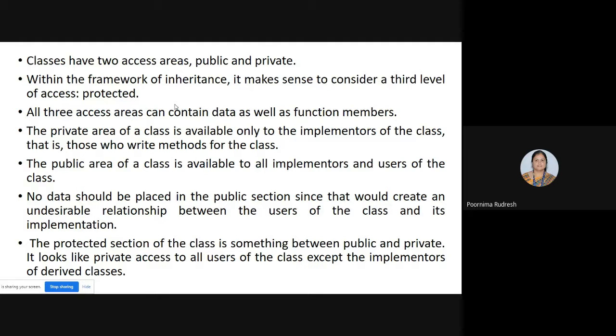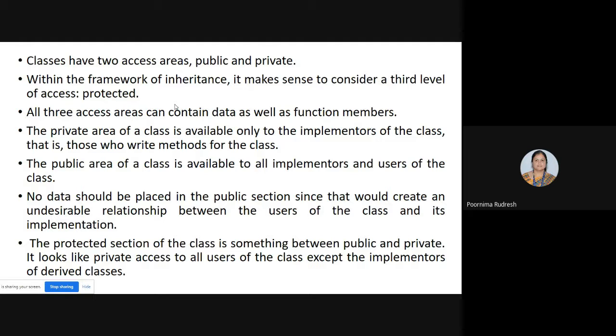The protected section of the class is something between the public and the private. You know the private section is available only to the implementers of the class, whereas the public area is available for both the implementers and the users of the class. The protected section is between the two, and it looks like private access to all the users of the class except the implementers of the derived class.